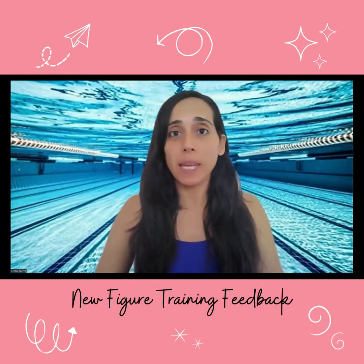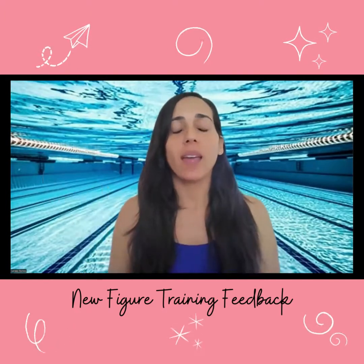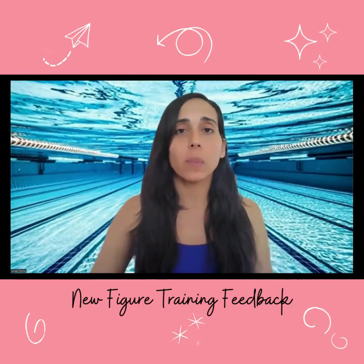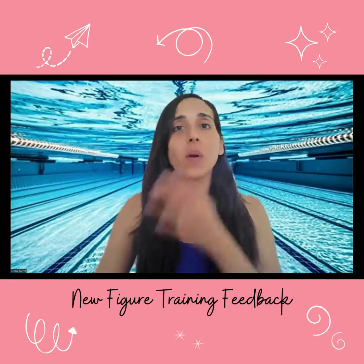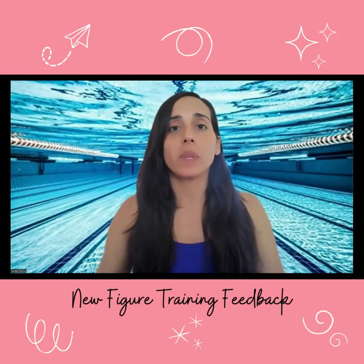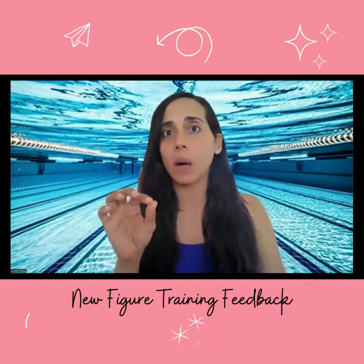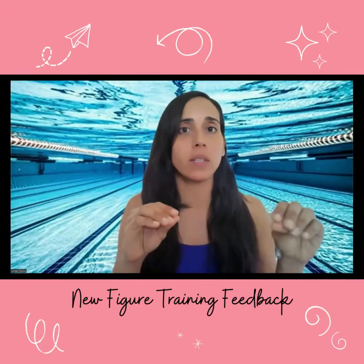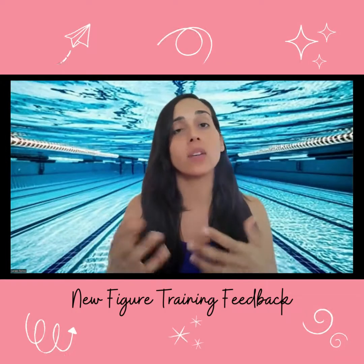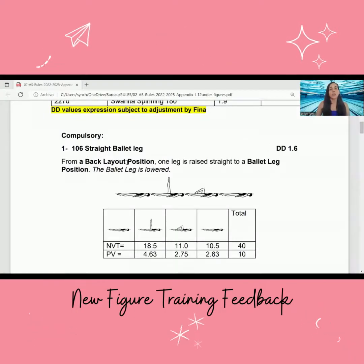So we will begin with the 12 and unders, okay, to go in order. And a lot of the figures we already kind of know, but I'm still gonna go over them, give a little bit of an overview, and make sure that I share with you some tips on how I should focus on these types of figures and what type of exercises could be beneficial for the swimmer. So the first figure is